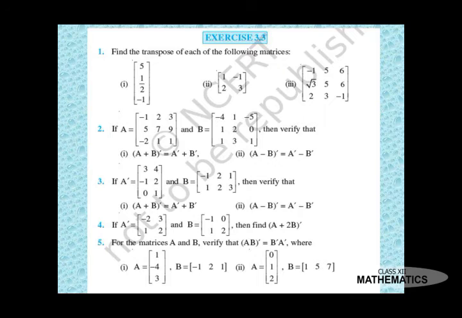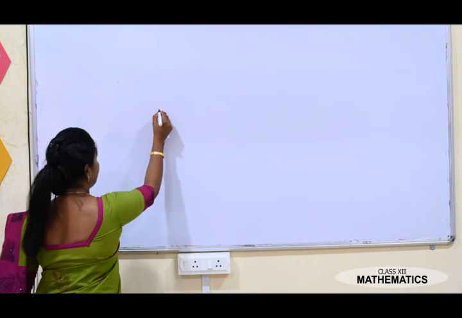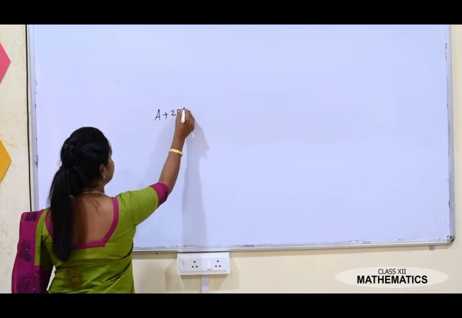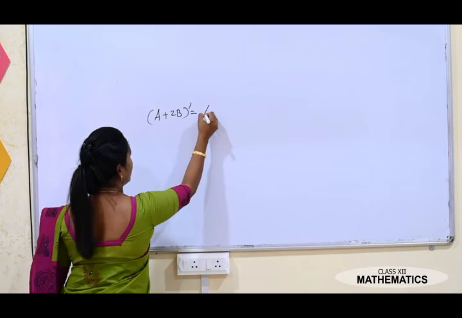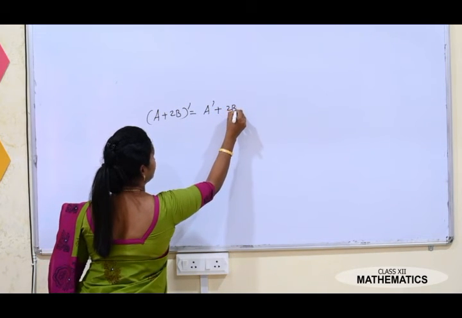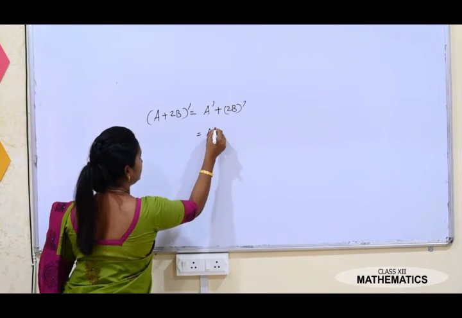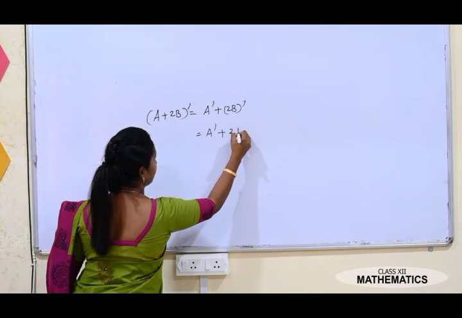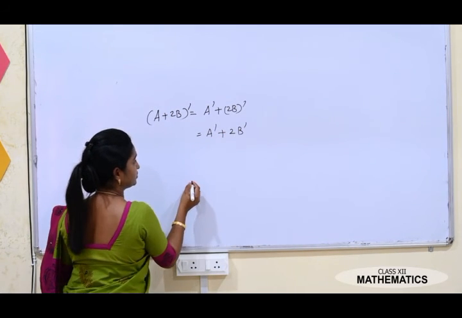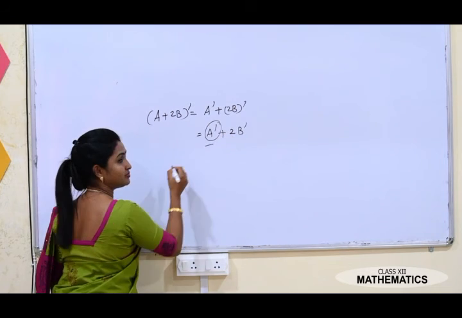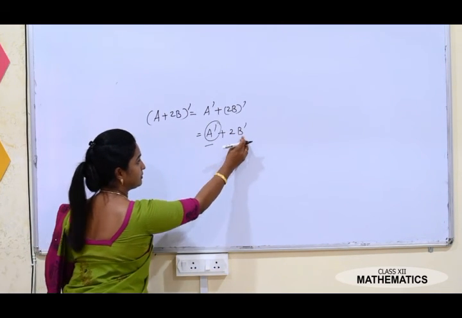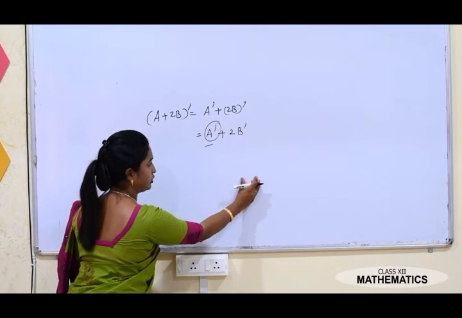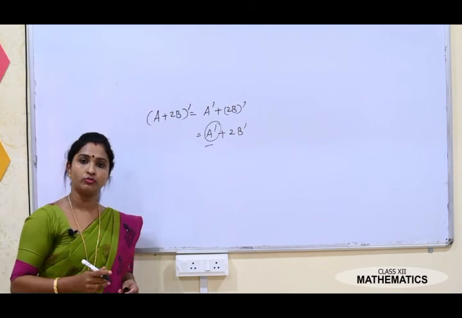Now, just see here. When you see the fourth question, A dash is given to you, B is already given to you. You have to find A plus 2B the whole dash. तो A plus 2B the whole dash कैसे निकालेंगे, आप अप्लाई करिए प्रॉपर्टी यहाँ पे A dash plus 2B the whole dash. So you're getting A dash plus 2 is a scalar quantity, तो आप इसको बाहर निकालेंगे B dash. Okay. A dash already given to you. Just put up the values. B dash find out करिए, उसको भी यहाँ पे value put up करिए, 2 से multiply करिए और आंसर आपको मिल जाएगा.